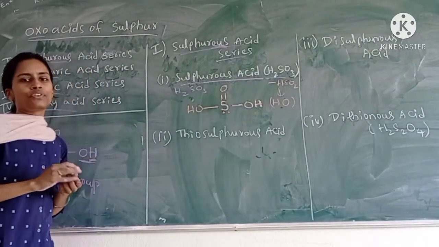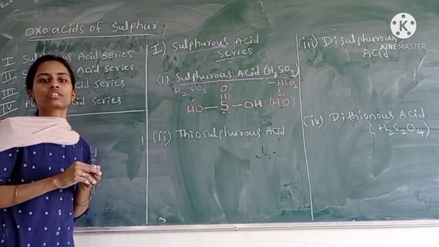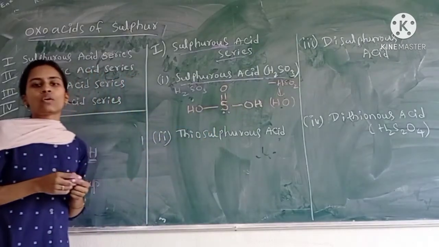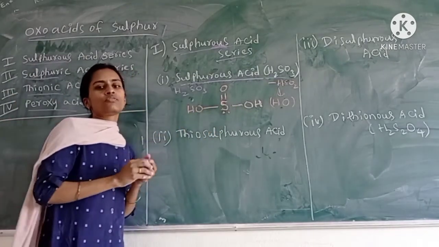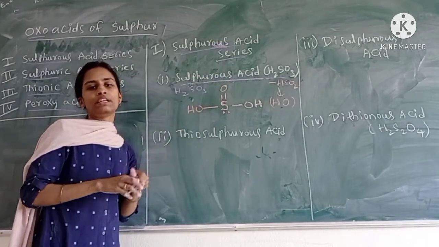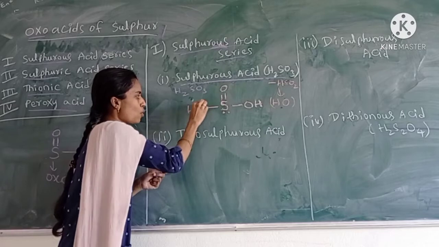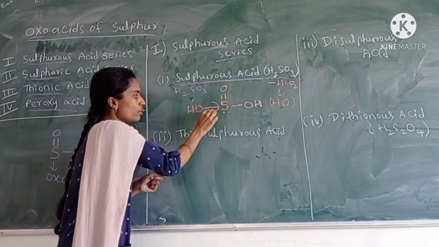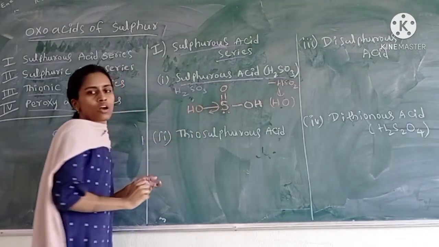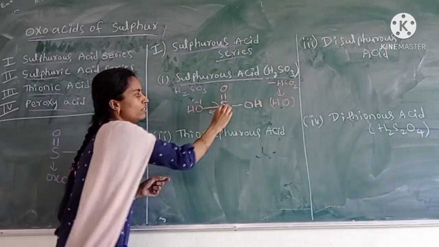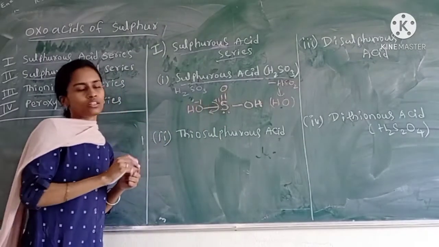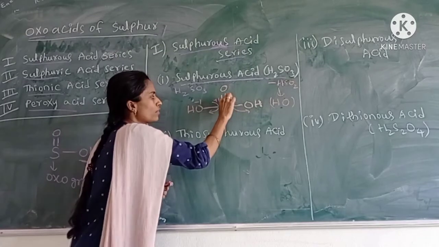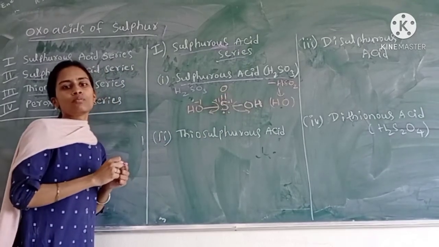After knowing the structure, you have to calculate the oxidation state of the central atom. Here sulfur is the central atom. How can we calculate the oxidation state? Oxidation state means the charge obtained on each atom in a covalent compound. For example, which is more electronegative between sulfur and oxygen? Oxygen is more electronegative. If you move this bond towards oxygen, oxygen will get -1 and sulfur will get +1. And if you remove this one, oxygen is more electronegative, so sulfur will also get +1 due to loss of the bonded electron.